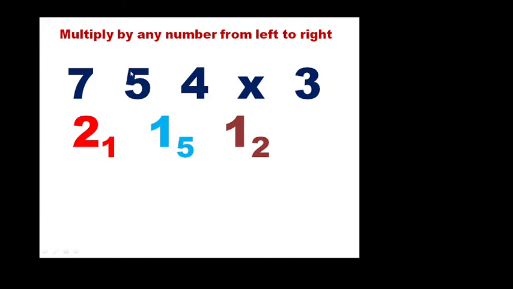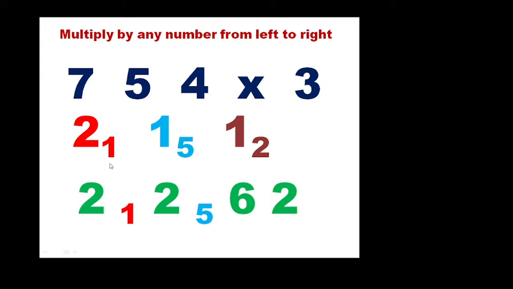Now this is 5. Based on the place value system, this is not 5, it is 50. When you multiply 50 with 3, 150. So 150, and already here we have 100. So that 100 and 150 we have to add. How much? Yes, 250. So 200, I put big 2, and 5 small. Do you understand? 5 small.